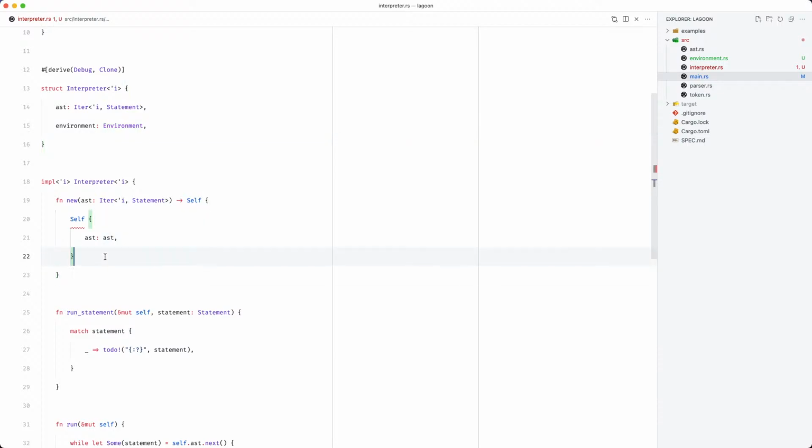So what we actually need is to introduce some interior mutability. I know that's a complex word. It sounds a bit crazy, but it just means that we'll be able to mutate our environment even when there are immutable references to the data. So if at one point we say get this data and then we need to mutate the data later on, we'll be able to do that using something called a ref cell.